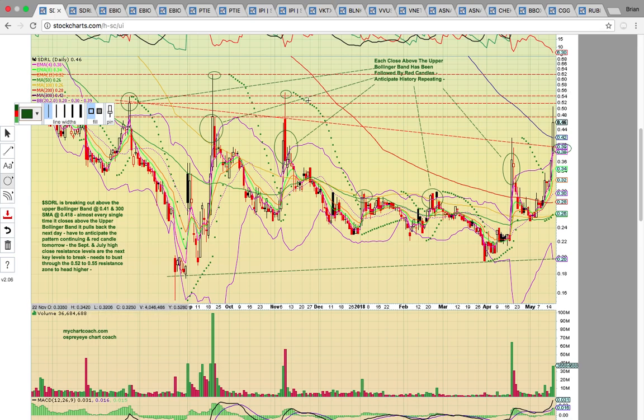Now it's currently hitting this high close from back here in September, the 48 level. It's going to need to break that, and then the high close from back in July of 2017, this high close here at that 52 level. If they can get above both those levels, that 62 high from back there in September will be